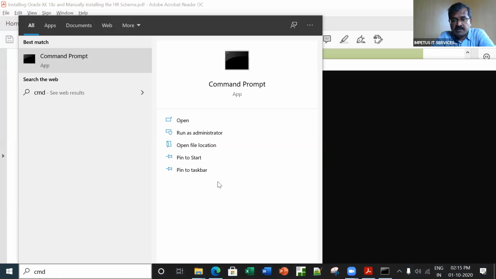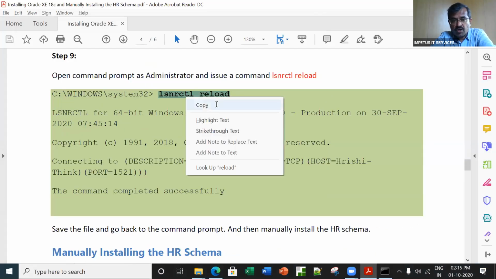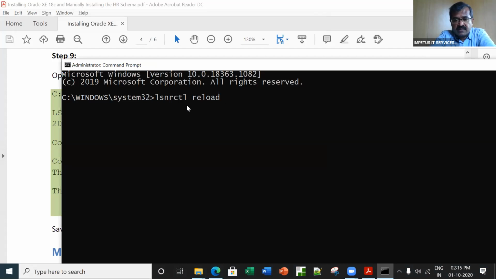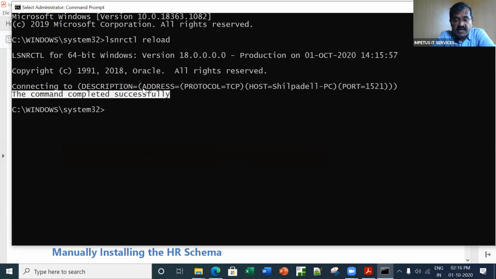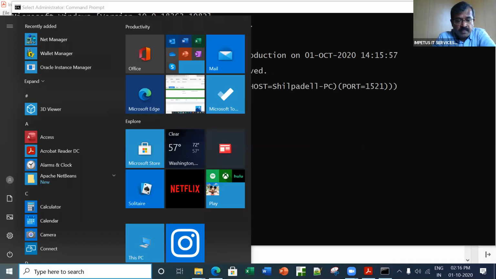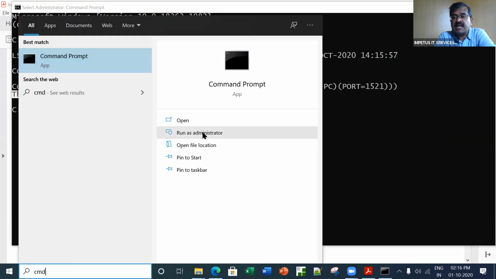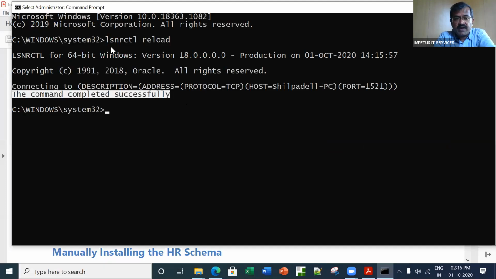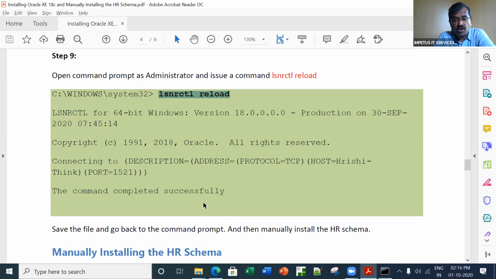Now, once you run it as an administrator, let's fire up the same command. Check whether your command got executed successfully or not. So now I go here and fire the same command, and look at this, it has got executed successfully. So what was required here is to log into your command prompt as an administrator. And how did I do that? In the search window, I typed CMD, and while starting, I chose run as administrator. And once we come back, I can fire this command so that the changes get reflected. The command has been executed successfully. So that's one small precaution that we'll have to take.